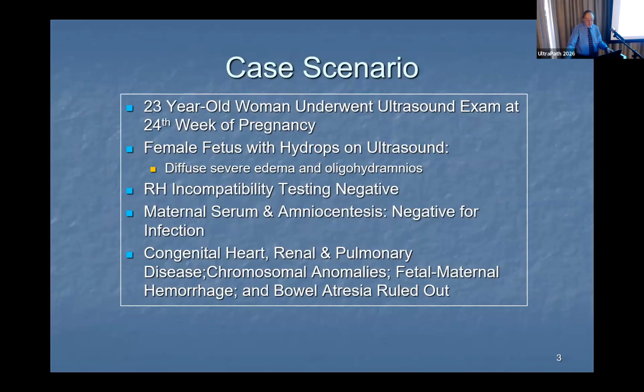So this is a 23-year-old woman who underwent ultrasound exam at 24 weeks of pregnancy. Her fetus had hydrops on ultrasound with diffuse severe edema and oligohydramnios. There was no problem with RH compatibility with the child, so it really was not an immune type of hydrops associated with this. With this, the maternal serum and amniocentesis were negative for infection, and there was no congenital heart, renal, or pulmonary disease associated with this, no chromosomal anomalies, and there was no fetal maternal hemorrhage or